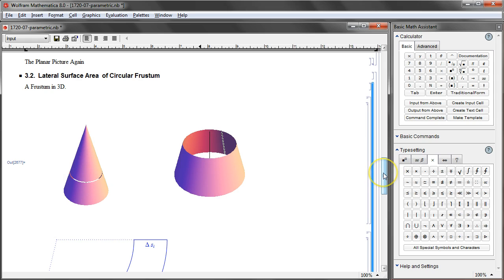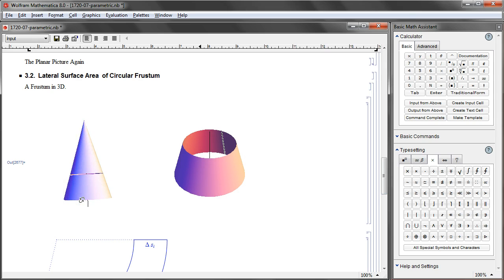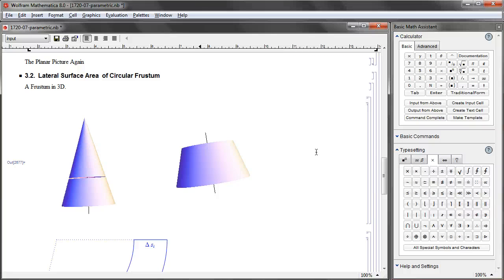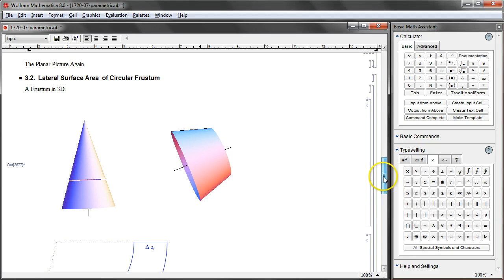It's a part of the cone. We begin with a cone like this and take away the pointy part, and what's left is called a frustum. And another way to see it is that it's a surface of revolution given by a straight line segment. So this kind of frustum, you can regard this frustum as the one obtained by